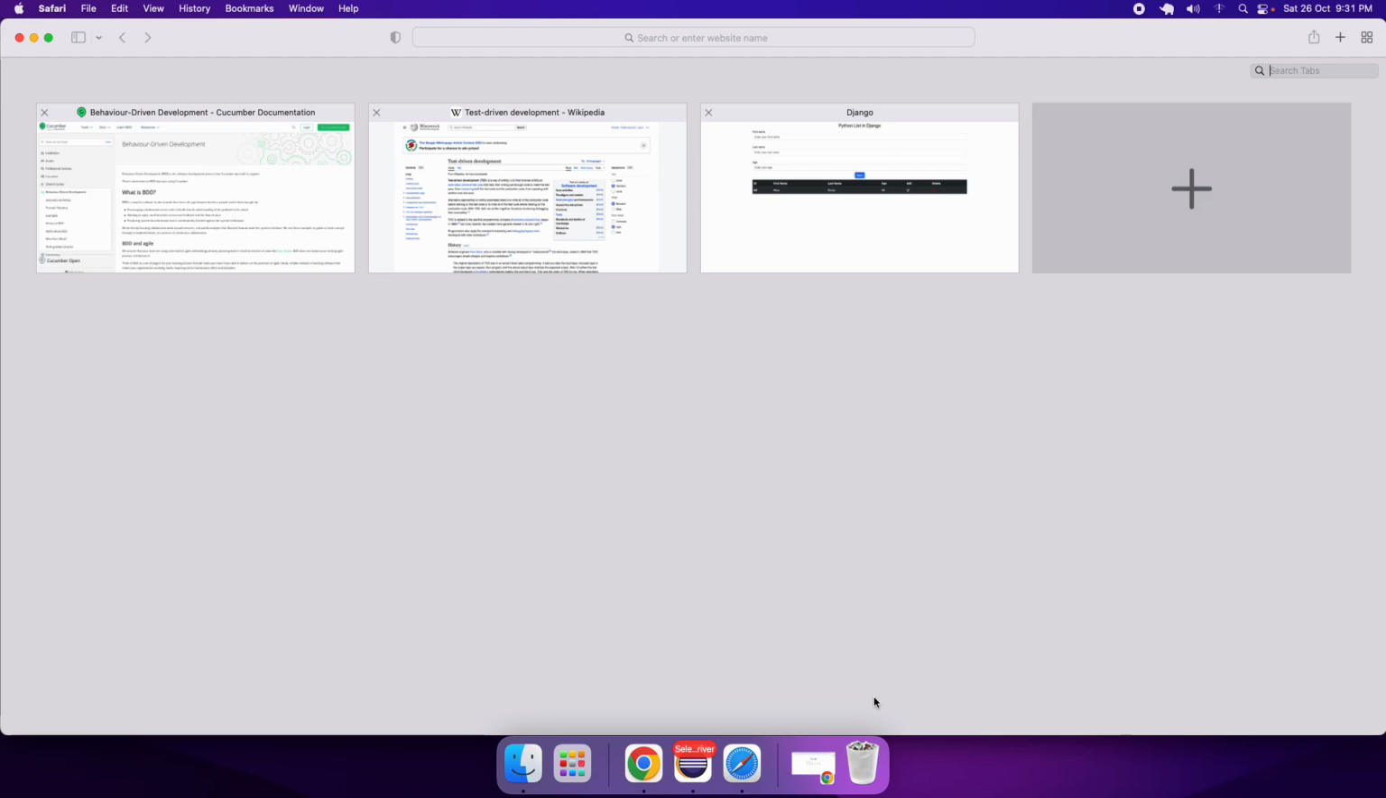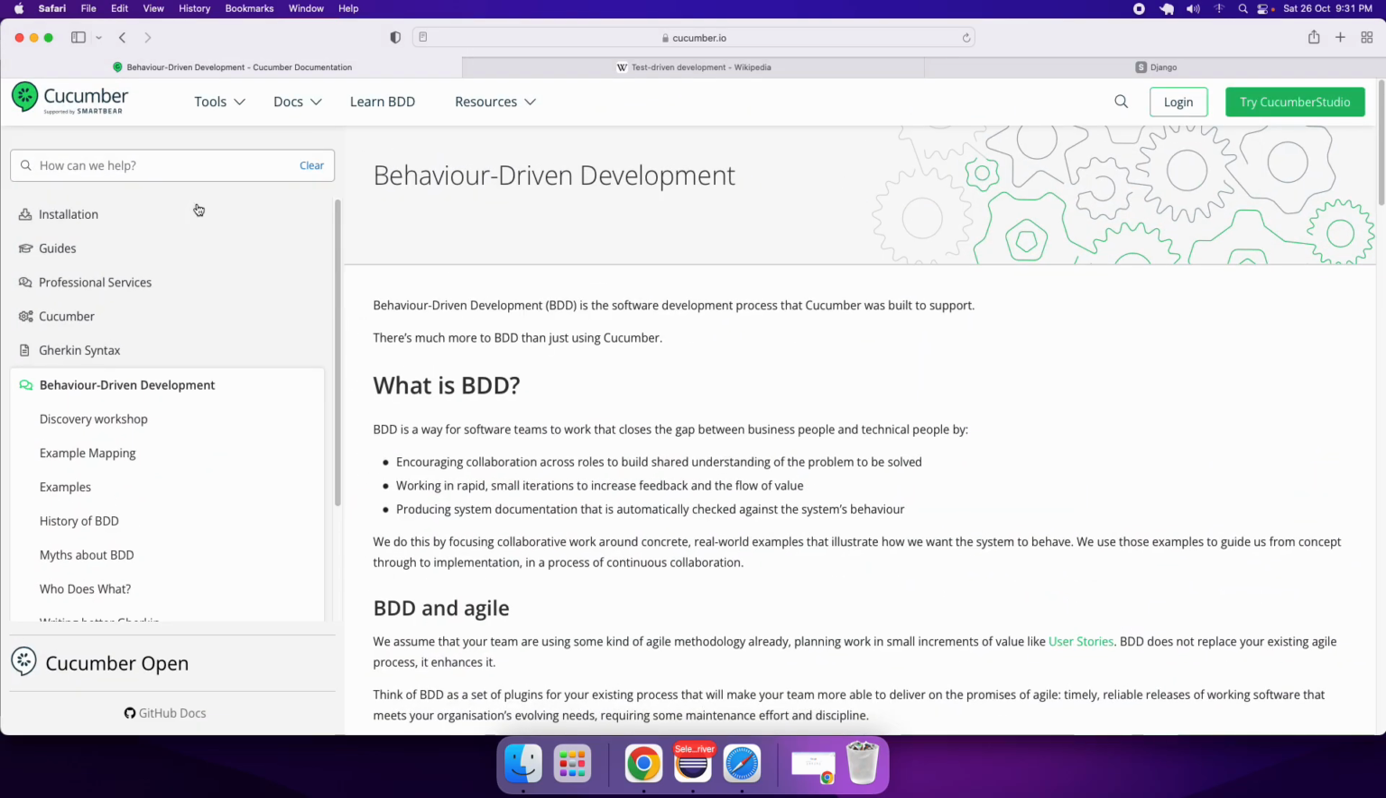Hello friend, in this presentation I'm going to talk about behavior driven development. What is that? Well, this is a framework that Selenium is going to make use of, and that is called Cucumber. This particular framework is implementing BDD, that is called business driven development. What is that? It is a way for a software team to work that closes the gap between the business people